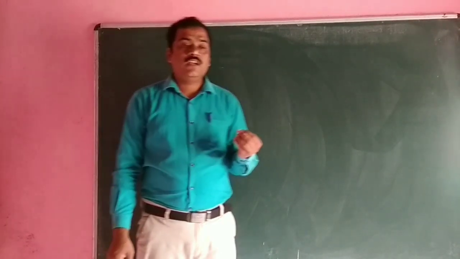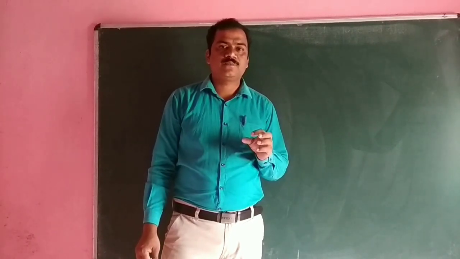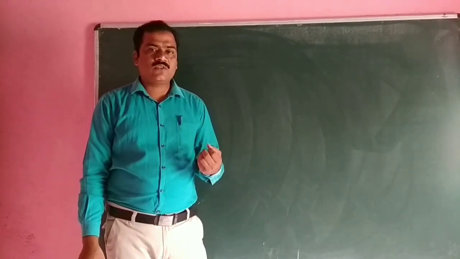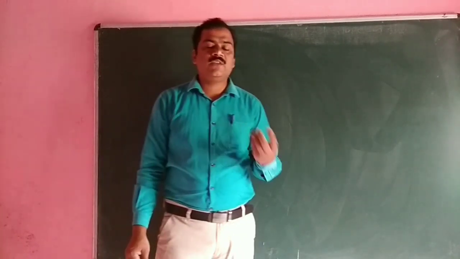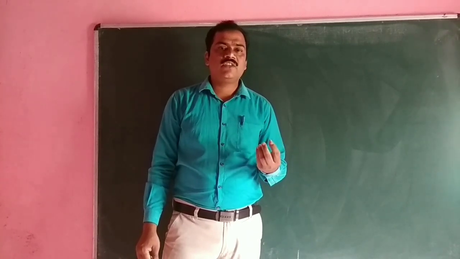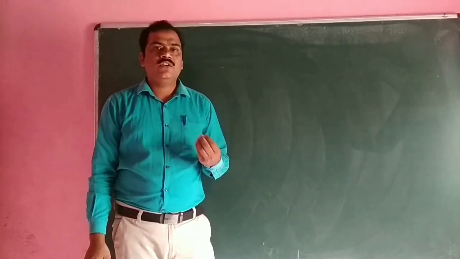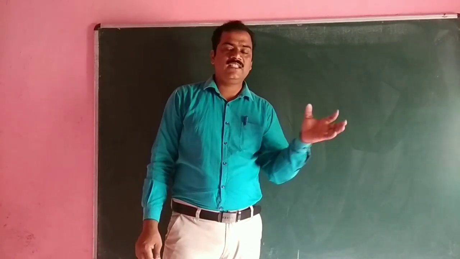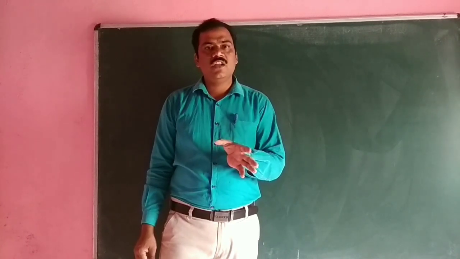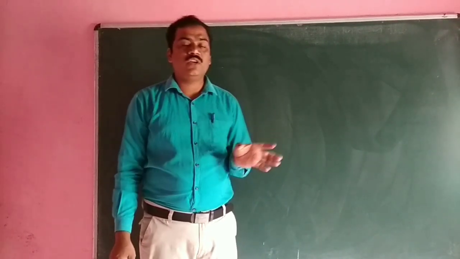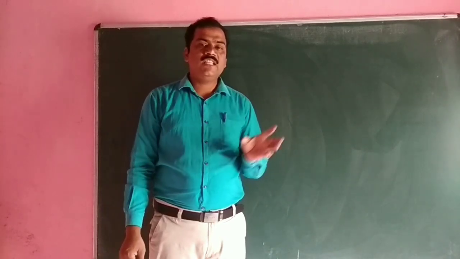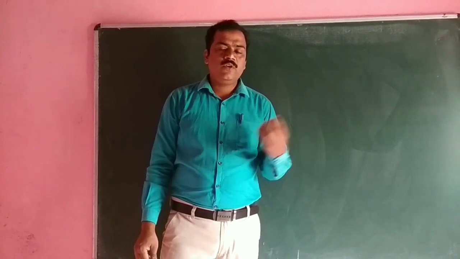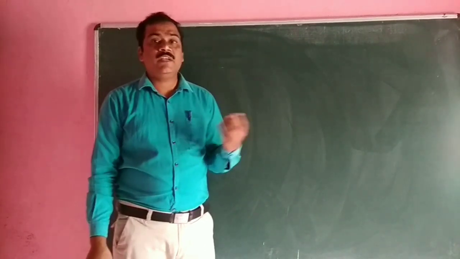When two particular points on that line are given, we find the slope as the difference between the y coordinates divided by the difference between the x coordinates. Also, the general equation of a line is a linear equation in two variables, that is ax plus by plus c is equal to 0. If c is not equal to 0, the straight line does not pass through the origin. If the value of c is equal to 0, the straight line passes through the origin. We have already discussed that. With the help of this concept, we understand the geometrical meaning of the derivative.